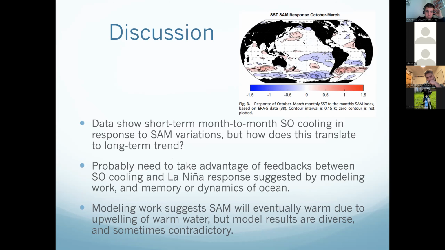So the question would be, we've used monthly data, so pretty high frequency data to get this signal, but some of the models suggest that after a while, the upwelling of warmer water from below will defeat this cooling signal associated with the Ekman drift. But of course, that's a very difficult problem for ocean models to do, I think, because you've got this very shallow fresh layer that you have to simulate properly.